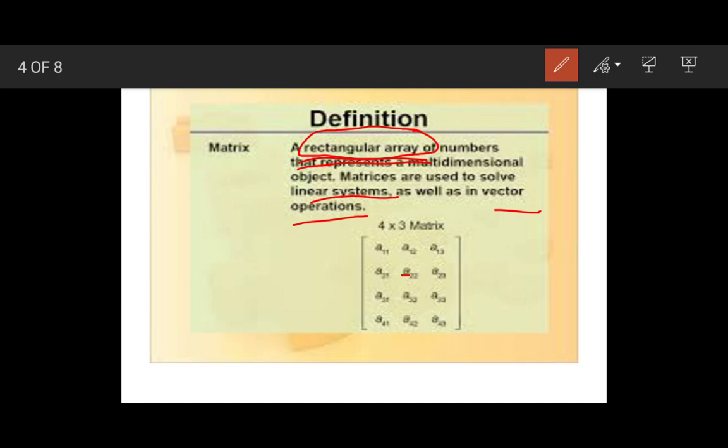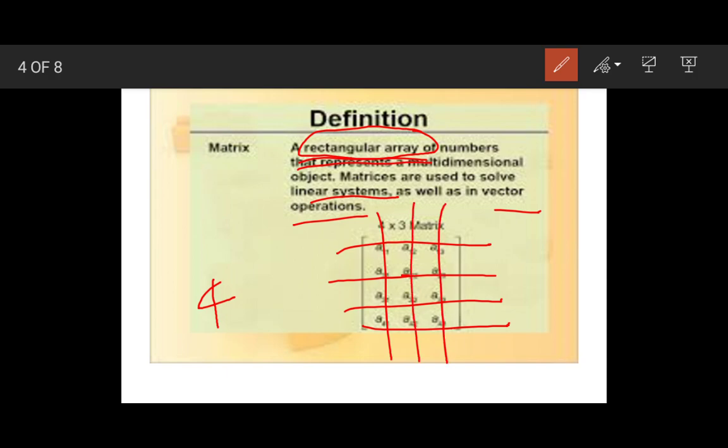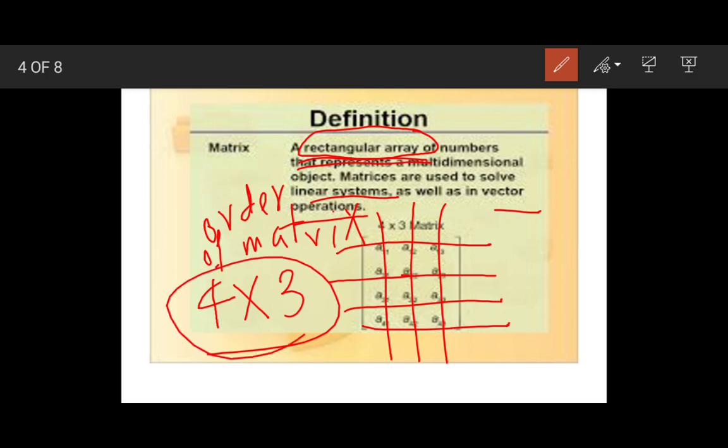Now, how many rows are there? Just count the number of rows: 1, 2, 3 and 4. So there are 4 rows. Then how many columns are there? 1, 2, 3. So 4 into 3. This 4 by 3 is known as the order of a matrix.